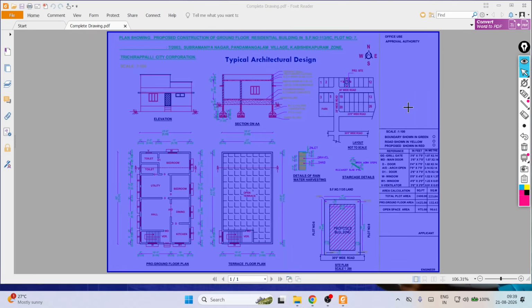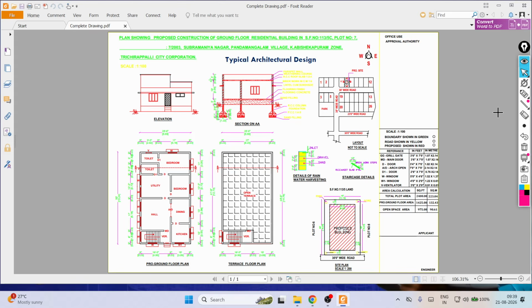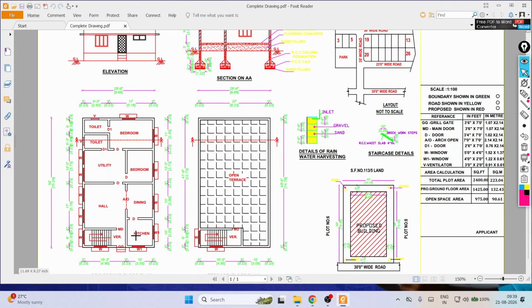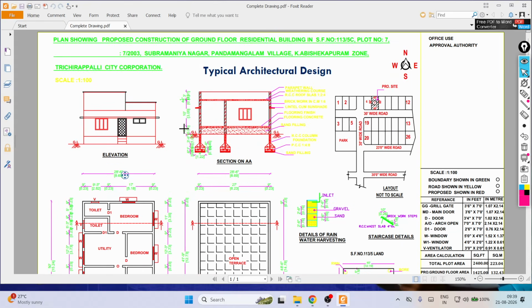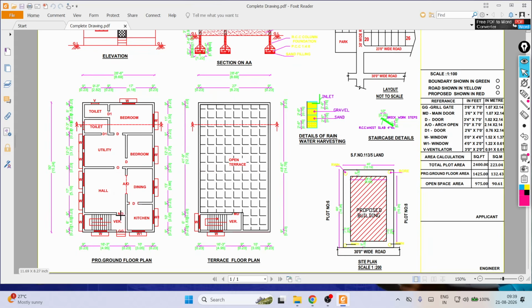See, this is the complete architectural design or architectural plan. Everything is there. We have to submit. We usually submit this kind of drawing in the municipality for approval. But for today's session, the drawing which is important for us is this one, the ground floor